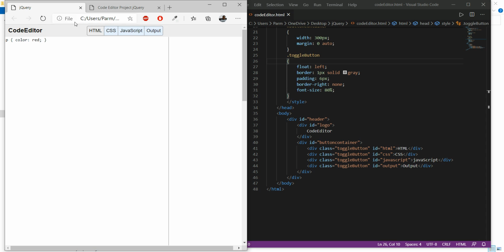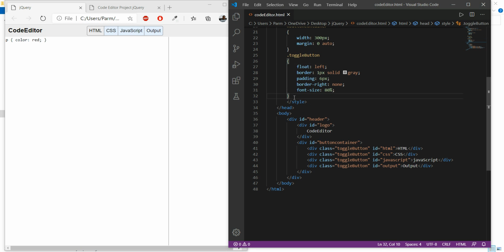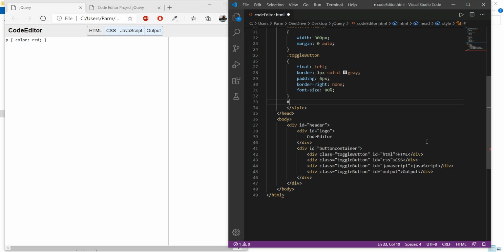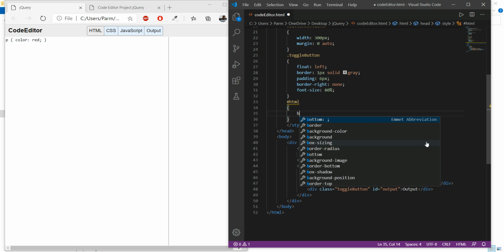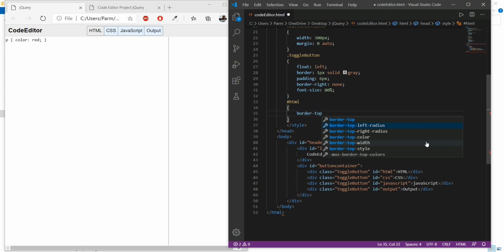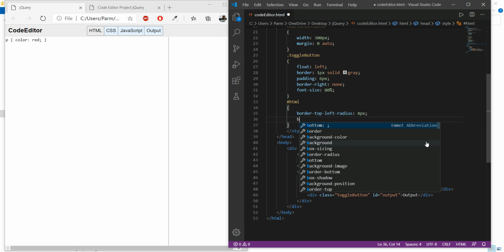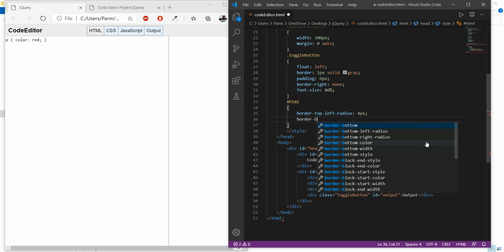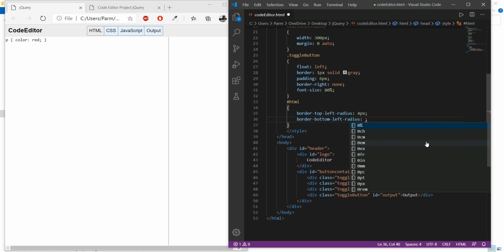Now if we see over here, we see some rounded border at this side and rounded border at this side. So how can we do this? For this we have to take the id html and here we'll write border top left radius, and we will set it around 4 pixel, and here we take border bottom left radius, again 4 pixel.